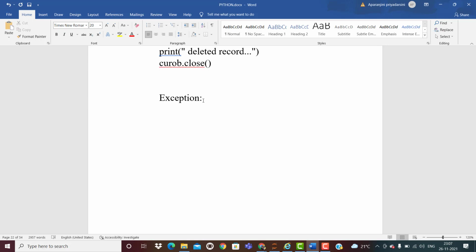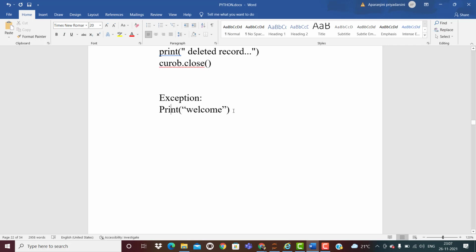For example, if you are writing print, whatever you want to write, it is going to print. But instead of writing it, we have missed. So this is an error that we can rectify when you are executing the program.